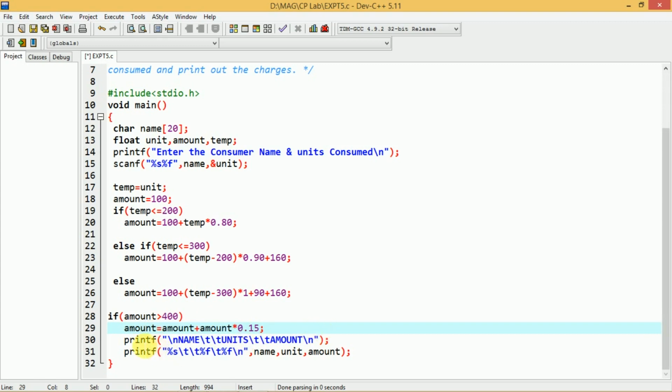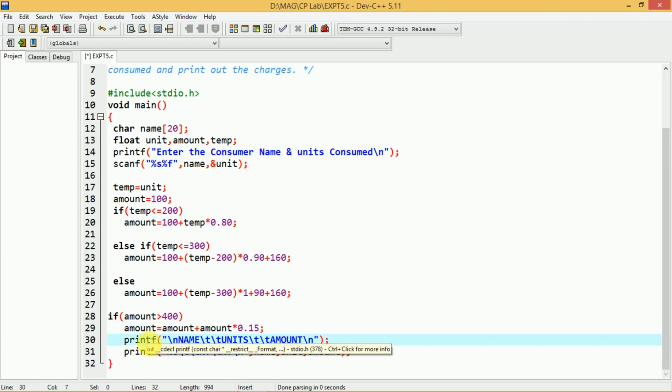After this you have to display the values. Here I will display it in tabular form. That's why \n means the output is displayed on the next line. I will display the heading as name. After that I have used \t 2 times. \t is for tab; whenever we use this, it is going to leave 6 blank spaces.